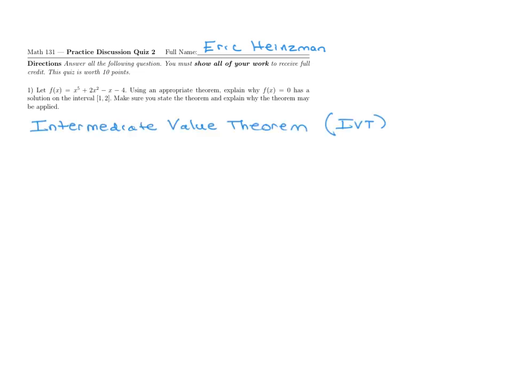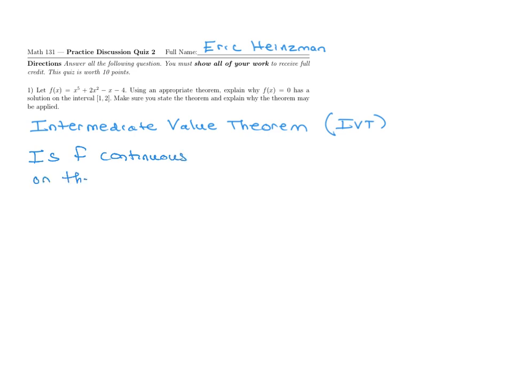This theorem says that if you have a continuous function on a closed interval, then it will assume every value between the function evaluated at the two endpoints. So what I'll do is check to make sure that f is continuous on the interval from 1 to 2. I'm going to see what the endpoints equal in this function and see if the number 0 is between them. So to start with, we have to check,